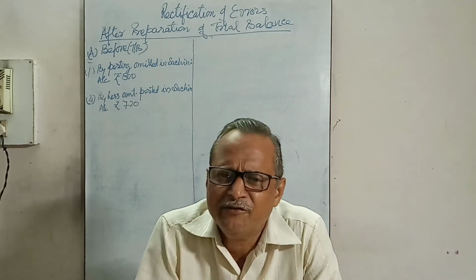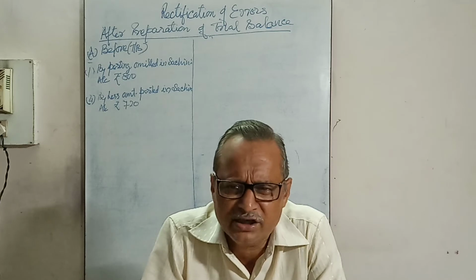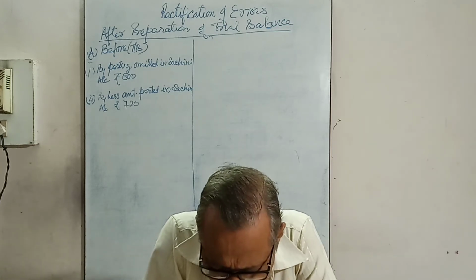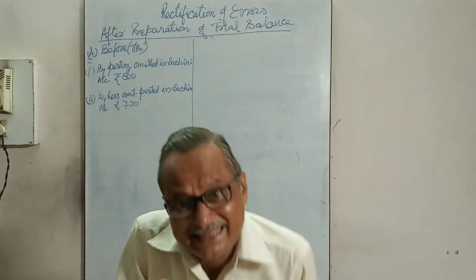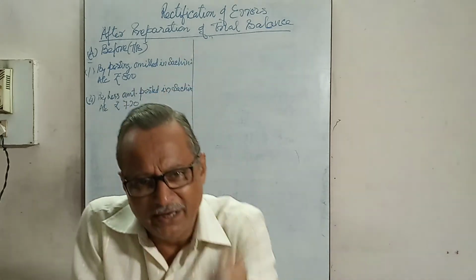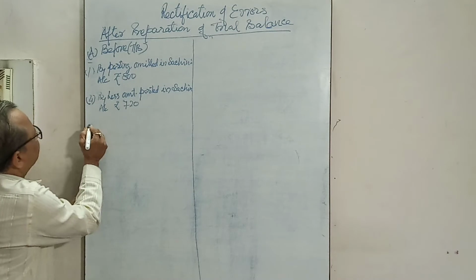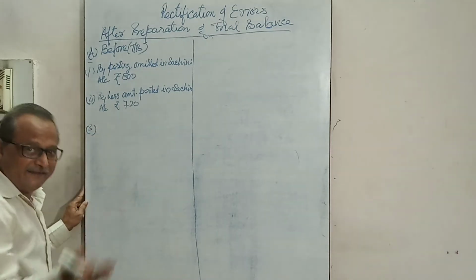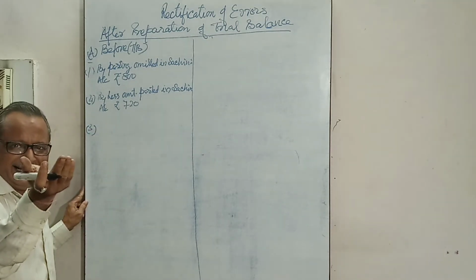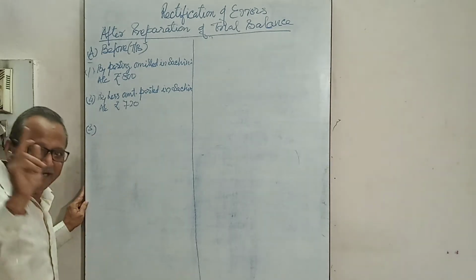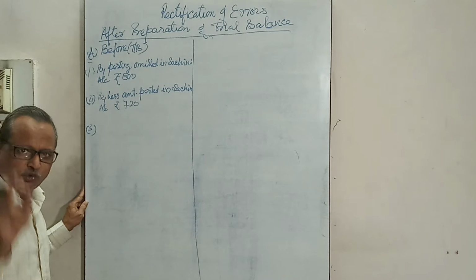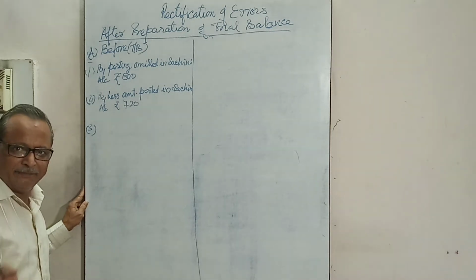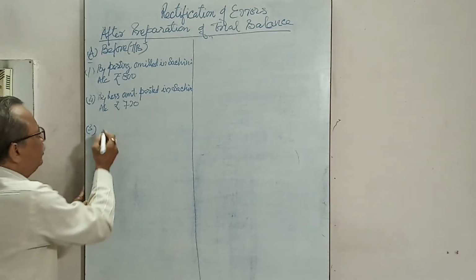Now understand it. If you purchase on credit, purchase account debit to Sachin, it should be. So Sachin should be credited. Were credited to his account as 880. Excess amount was posted, so that should be reduced. So here, third, we will debit the Sachin account by 80 rupees, because in place of 800, it was credited 880. So in order to reduce the credit item, credit side by 80, that should be debited to